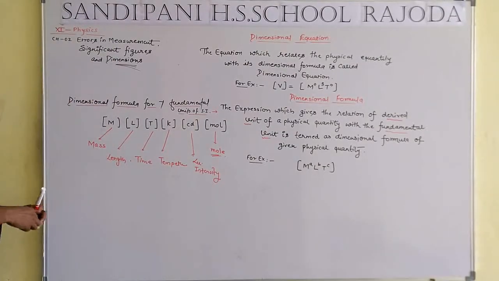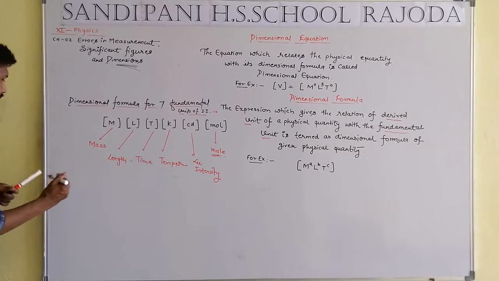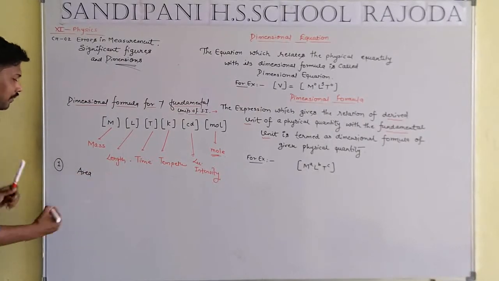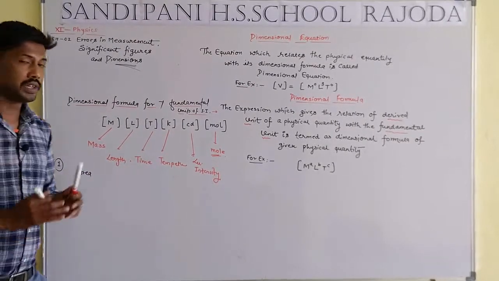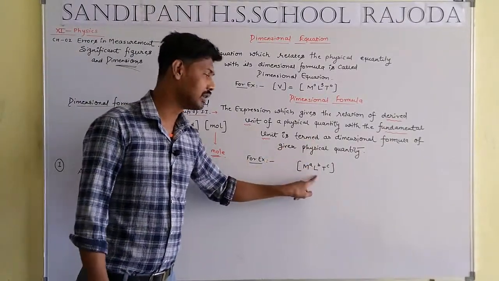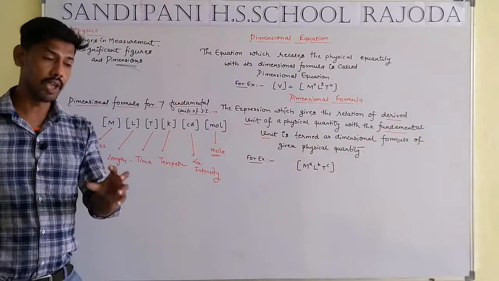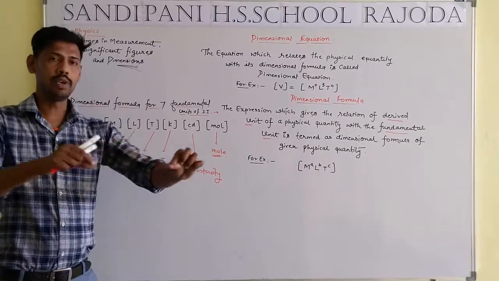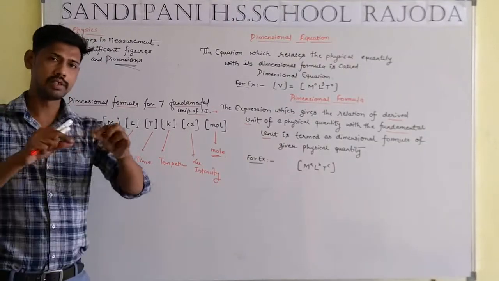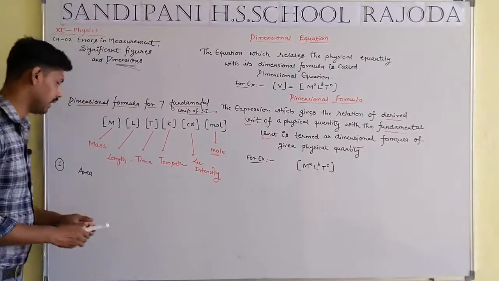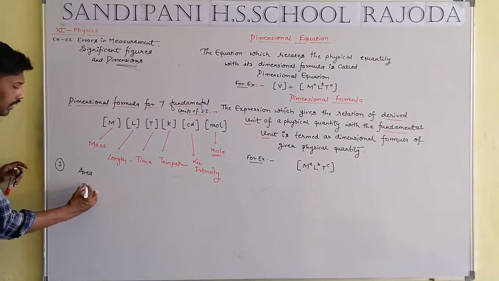Now we are taking some examples according to your syllabus. First example, a very small example: derive the dimensional formula for area. Student, okay, just focus on three things. First one is M, that means mass, L, that means length, and T, that means time. M, mass: whatever we weigh, we call it mass. L: whatever we are trying to measure, we are talking about measurement, we call it L. Okay, T means time. So area, what is the formula of area?